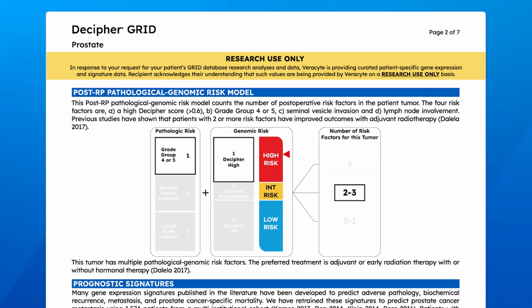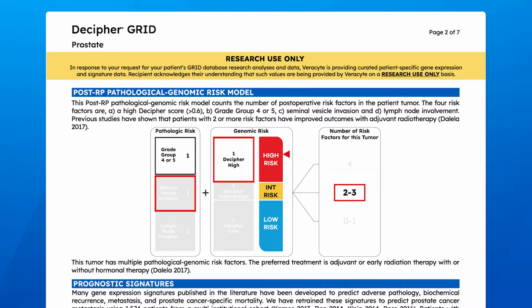A similar example would be a patient with Gleason grade group 3 disease and seminal vesicle invasion. Seminal vesicle invasion is giving them 1 point, and say their Decipher is high risk, that would give them another point. And this patient would then have 2 risk factors, 2 points, and would again benefit from salvage radiation before